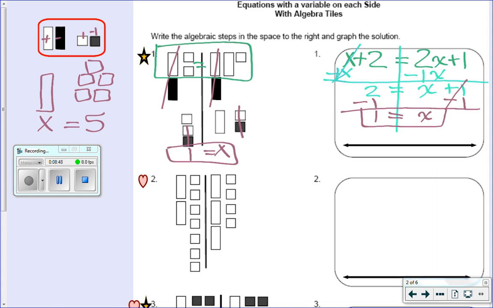Kira, how can we graph our solution? We put a 0 in the middle. Good. Are we done? No. What's next? We have to make a dot. Good. What will it be? A closed circle. Are we good? All right. Number 2,